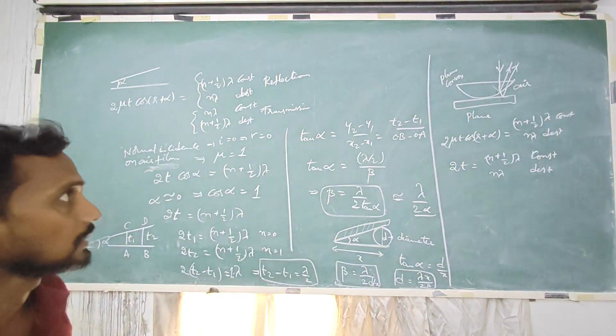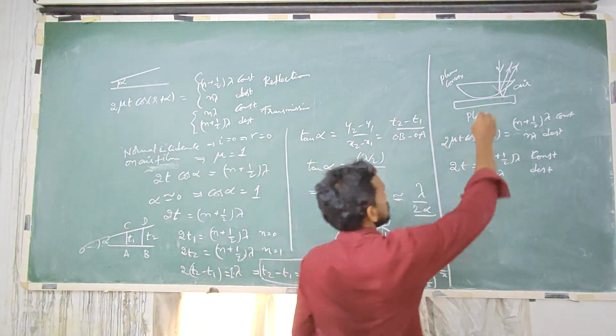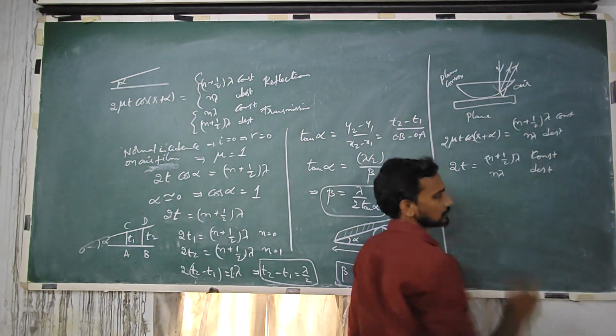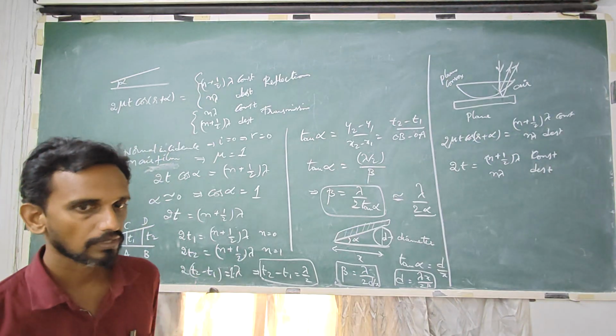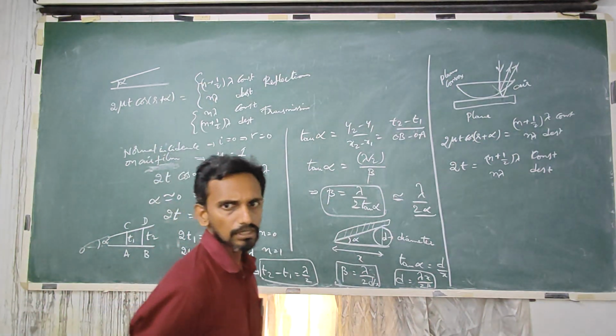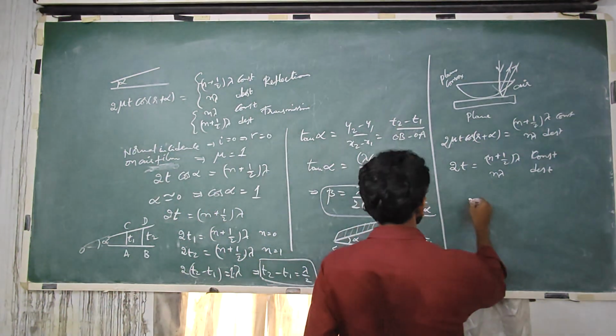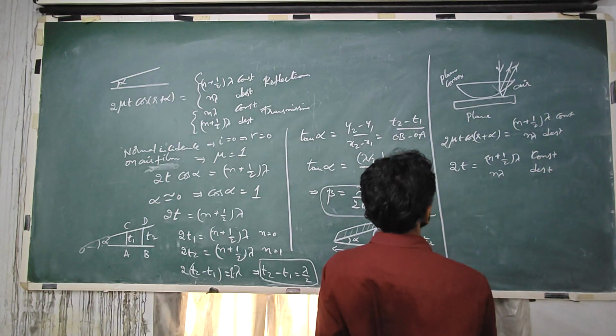So we have to get the thickness of the glass plate at this location where the interference pattern is produced. So to get the value of the thickness we have to